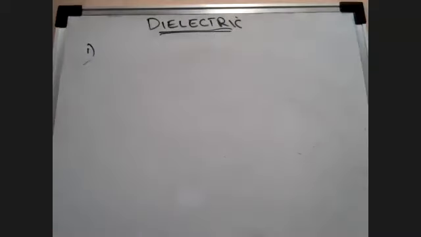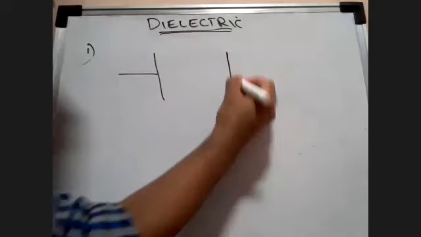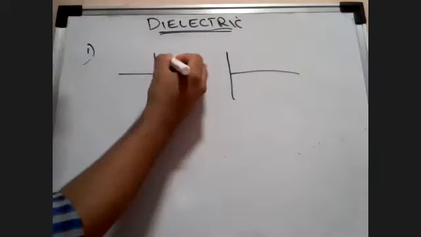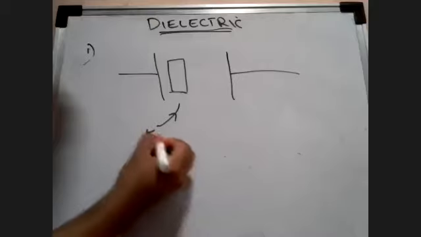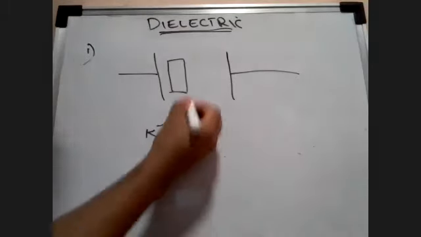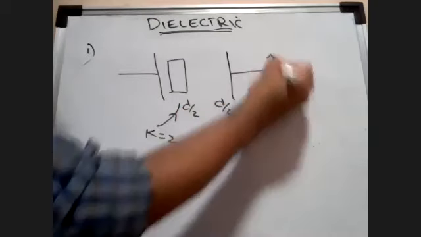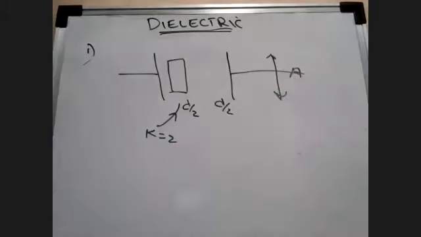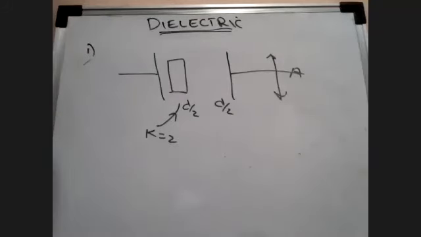How much time do we have? We have 1 minute left. So I would like you to try out this one. Try this and come tomorrow. Capacitor, half of it is taken. Value of this is K equal to 2. Take the capacitance to be C only, and the distance is going to be D by 2 over here. Entire area over here is going to be A. Find out the equivalent capacitance of this, and I'll see you tomorrow.